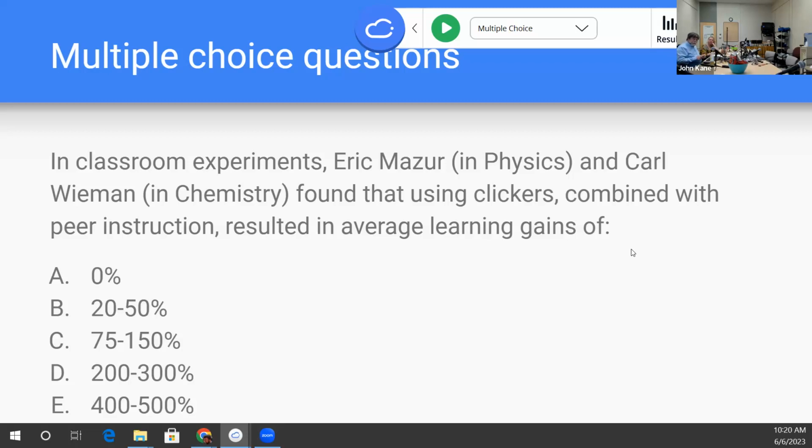So students ended up learning 2 to 3 times as much. The difference in the scores from before they talked about the concepts to when they were tested at the end, in classes with clickers, was 2 to 3 times as large, which is pretty substantial. Most studies in other disciplines don't find learning gains quite that large. They often find learning gains of 50%, 75%, or 100% and so forth. But in pretty much every study I've seen, particularly in STEM fields, but everywhere, you end up with some significant